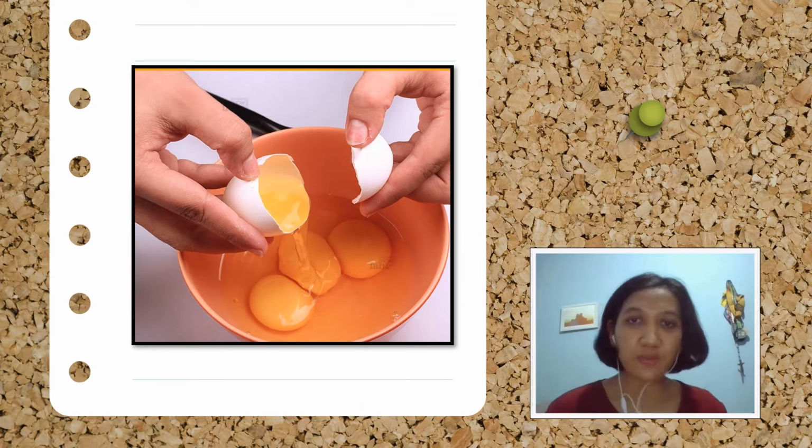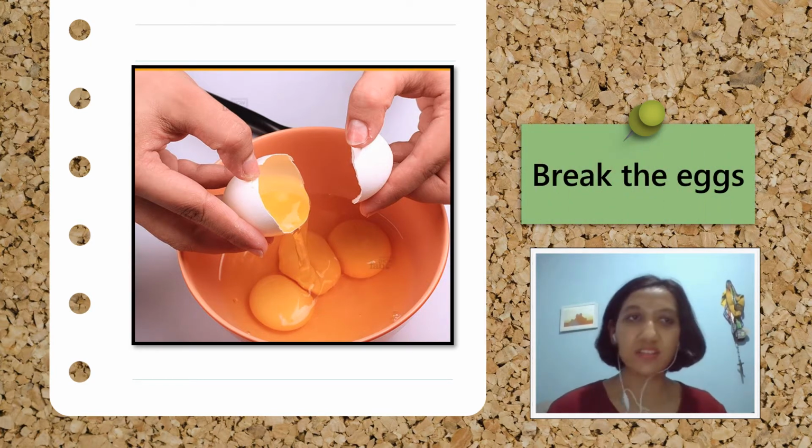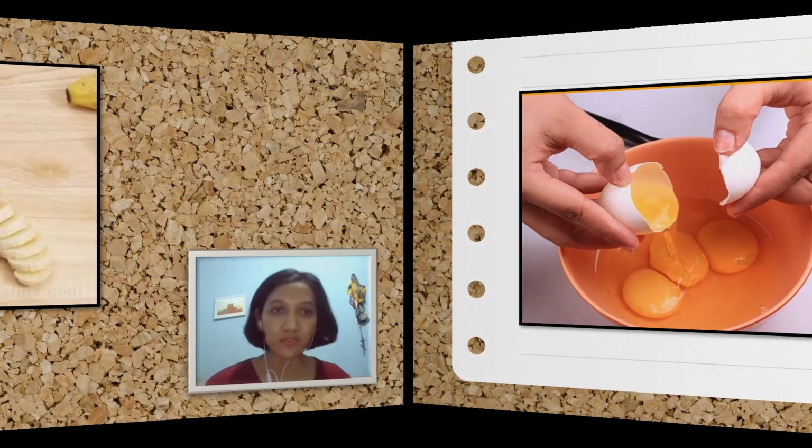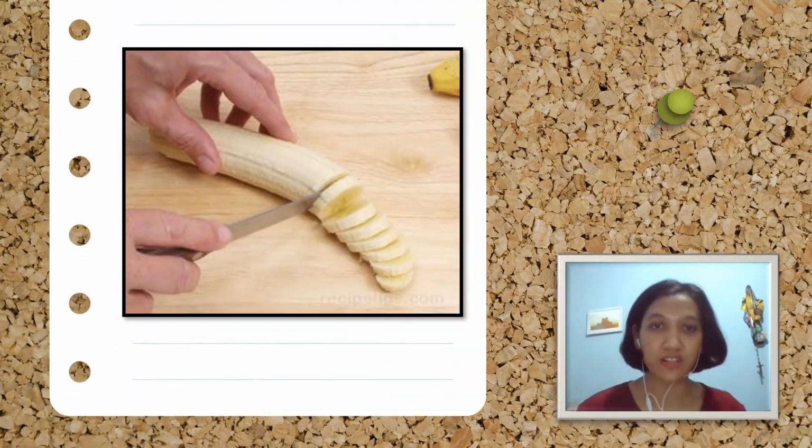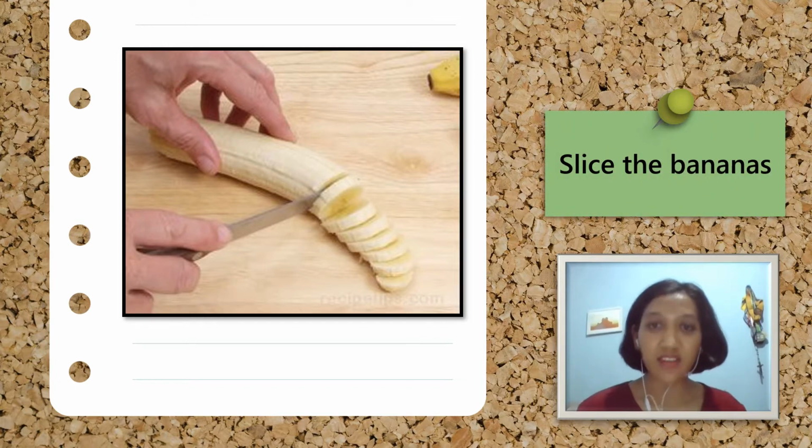Okay, I will show you some pictures. The pictures here are examples of the instructions when you cook. So the first one, can you guess what the instruction is here? Yes, break the eggs. Can you say break the eggs? Thank you. Next. How about this one? Can you guess what the instruction is here? So, slice the bananas. Yes, slice the bananas. And then,